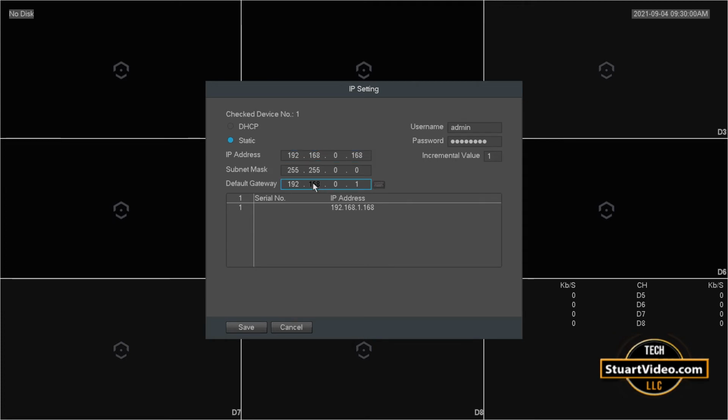This address has to match pretty much how this is written on your gateway. So that has to match up. The last number can be different, but the first numbers up to the third field need to match from IP address and gateway. The last numbers can be different and will be different. So your gateway usually ends with 1, and your camera address, like the list you wrote down, will have the same last numbers as you had before. You're only changing the third field to 0. So once you got that set, you're going to come down to save,